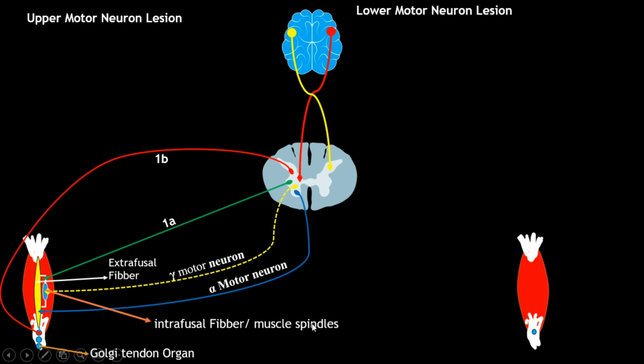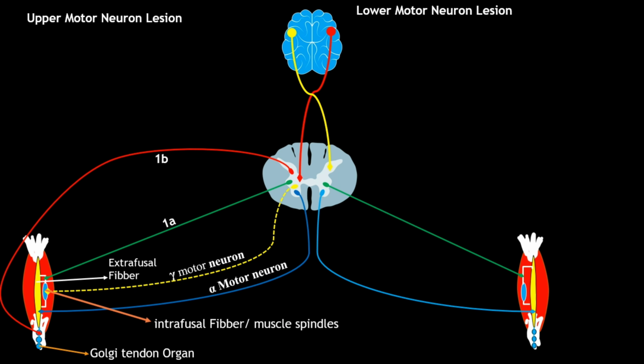The alpha motor neuron is the excitatory neuron, the gamma motor neuron is the excitatory neuron, the 1A is the sensory neuron, and the 1B is the inhibitory neuron. The reflex that occurs when they inhibit the alpha motor neurons is called the Golgi tendon reflex. Now the same pathway will be on the other side: the same extrafusal fibers and intrafusal fibers, the Golgi tendon organs, the alpha motor neuron, the 1A fibers, the gamma motor neurons, and the